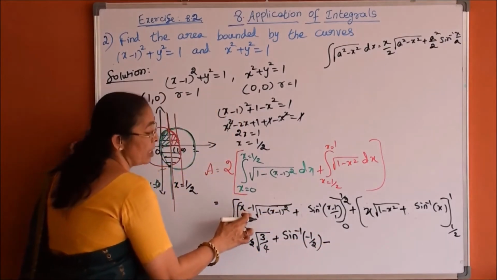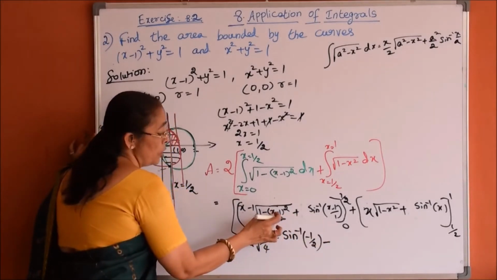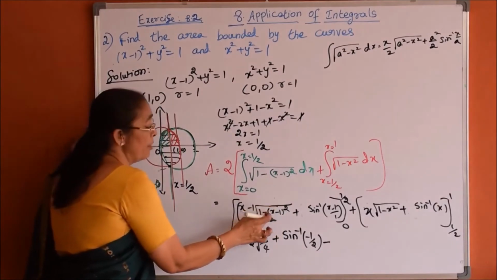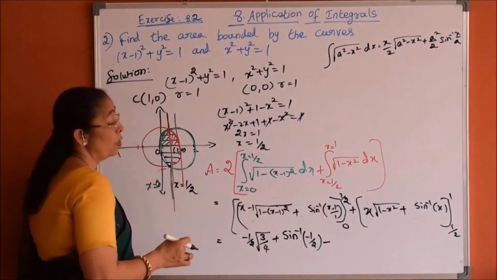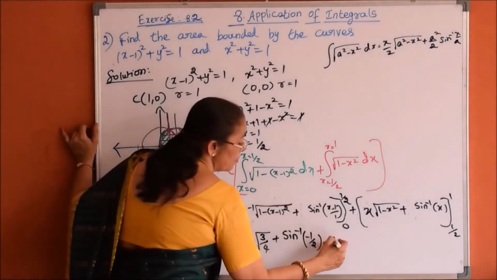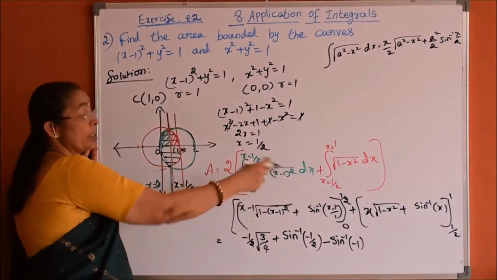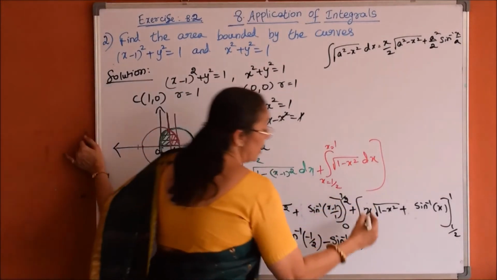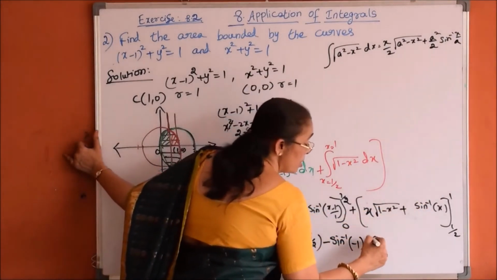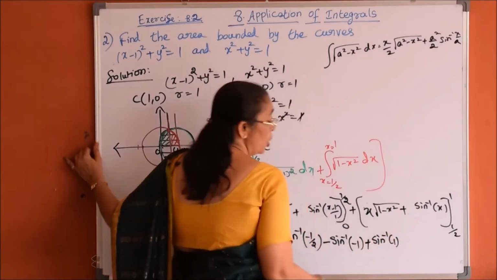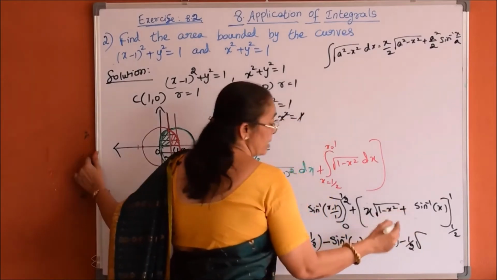0 minus 1, here minus 1. Now in this part 0 minus 1 whole square is 1, again 1 minus 1 will become 0. So this part is becoming 0 when we apply the lower limit 0. Now for this part, sine inverse of 0 minus 1 is minus 1. Coming to the second part, upper limit, this portion will become 0, 1 minus 1 square, sine inverse of 1. Now lower limit, minus half into root over 1 minus x square is 3 by 4.